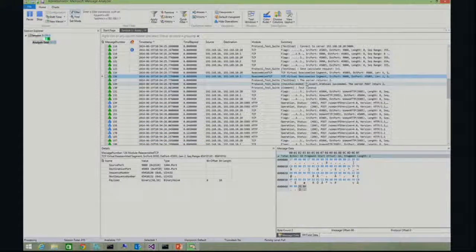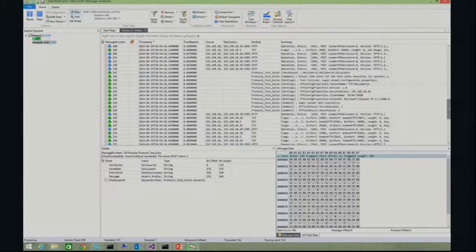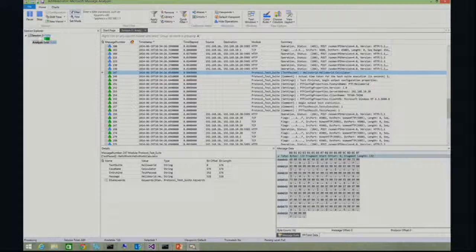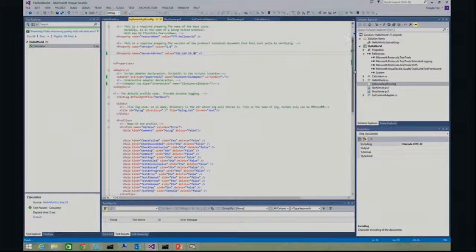And now we verify if the server's return value is correct. So here we can see that the check succeeded, and the test passed. Okay, we stop the capture. We can see that this test case passed. The server returned the correct value, and now we will run against the Linux server, and the IP address is